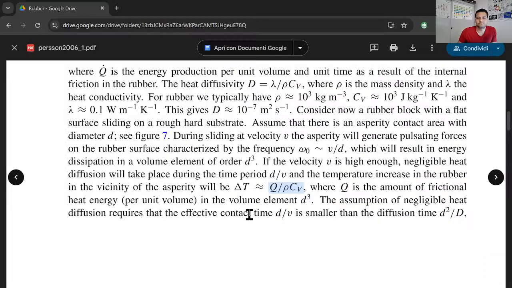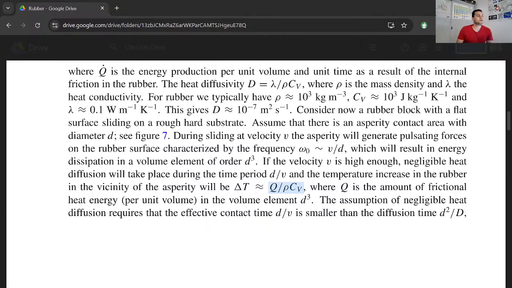Delta T is approximately equal to Q divided by rho times the volumetric specific heat,